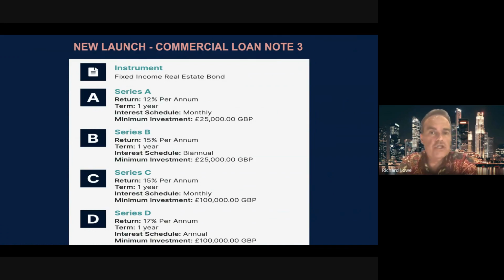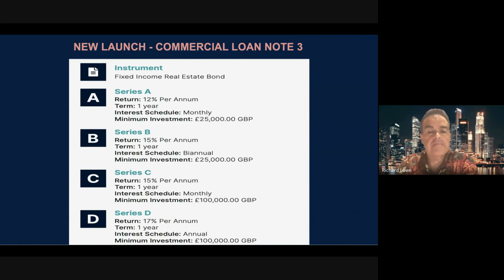The first one pays at 12%, where the interest is paid on a monthly basis with an entry level of £25,000. There is an option to get 15%, which is paid biannually at 7.5% every 6 months. Series C, if you wish to invest up to £100,000, is 15% per annum, paid on a yearly basis, but